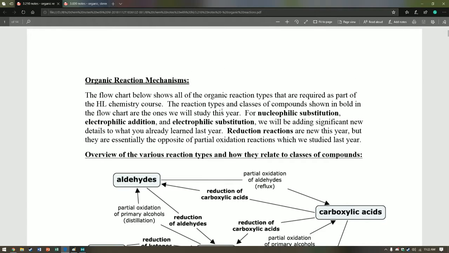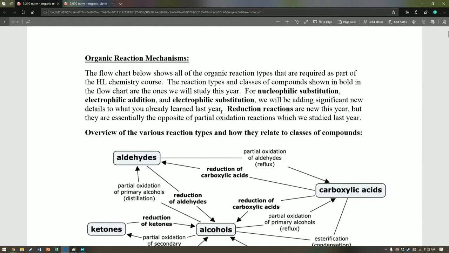So today, this video is going to be more or less a continuation of the last video of organic reactions for certain compounds. For the standard levels, we already discussed quite a lot, and for the higher levels, you're expected to know even more, both reaction mechanisms and types of reactions overall. The new ones you'll be studying are nucleophilic substitution, electrophilic addition, and substitution,